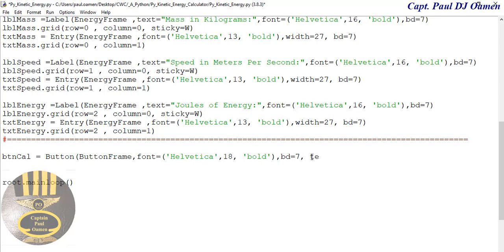I need text on it. I'm just gonna call that text calculate there. What else do I need? Background color bg equals, I'm going to make that color coded